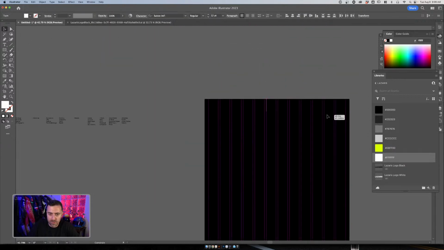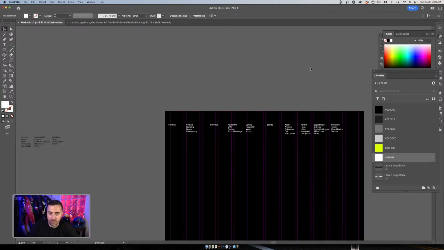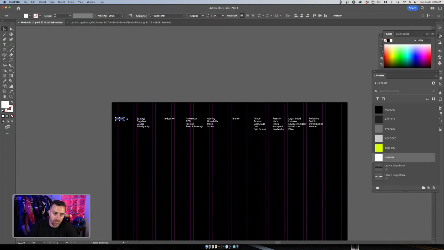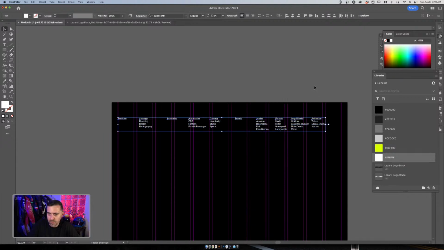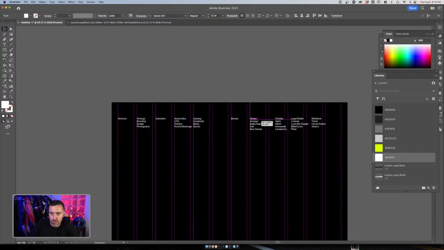Cool, so I'm going to pull this in. I'm going to paste it in place. Command F, paste in front. Sweet, so I'm just pulling this over. Just going to grid this up real quick. And just pull it over.